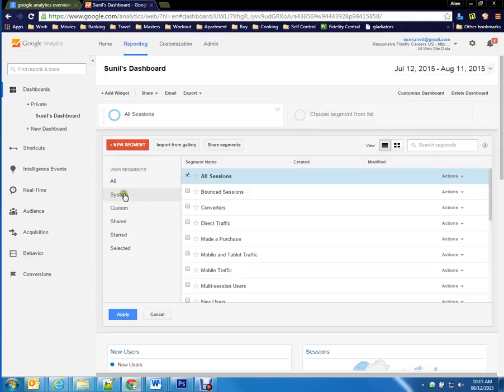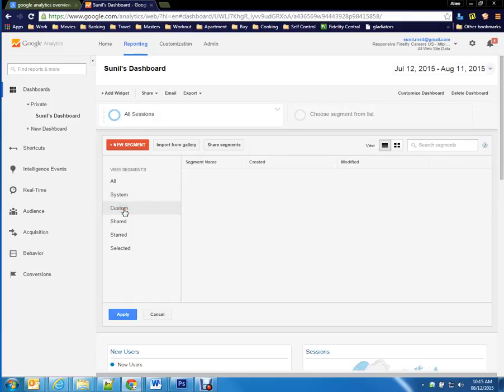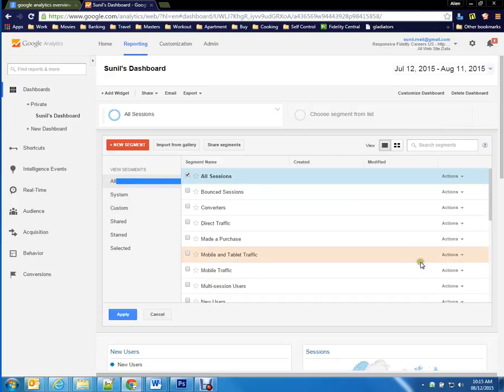and from add segment we can choose what segment of the information we wish to see, whether we want to view all segments, system segments, custom segments. For example, right now we don't have anything under custom segments. For example, every time I come in I want to view the mobile and tablet traffic, I select mobile and tablet traffic, and you see how it appears above. Mobile and tablet traffic, it just appeared. I click on apply,